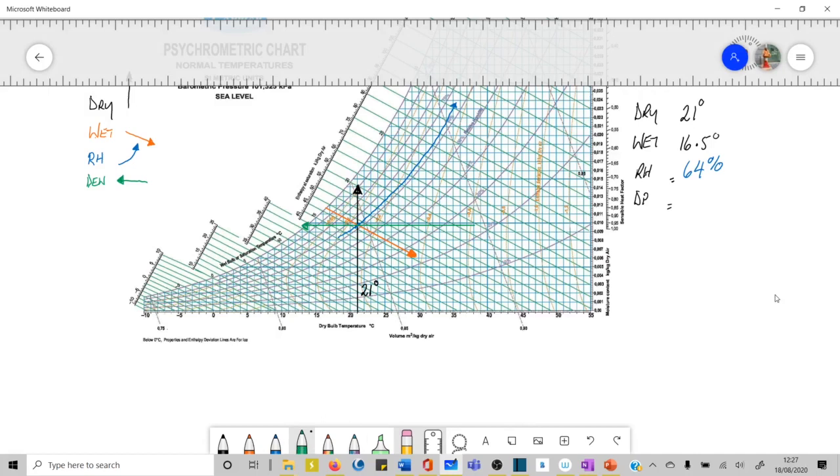Change the colour of the pen. 13.5 degrees centigrade. So obviously at the moment it's 21 degrees dry and 16.5 on the wet. If or when the temperature drops rapidly from 21 degrees down to 13.5, this is equal to maximum